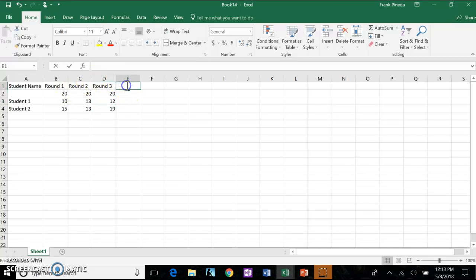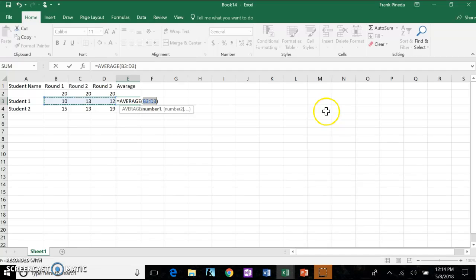Go ahead and wherever you finished, regardless of the letter, type in average. Leave the first square alone, and on the first student name, go ahead and click on auto sum button, click on average, press enter,